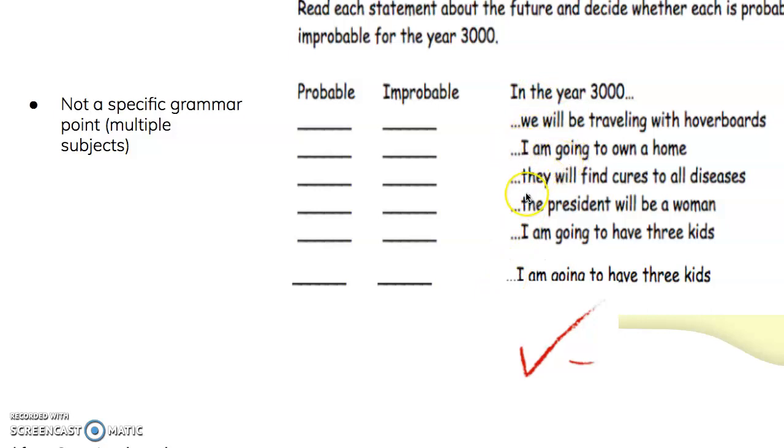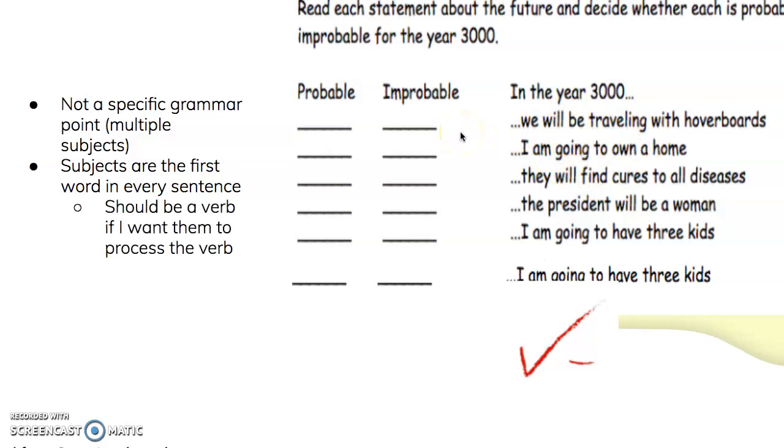Will be, am going. That's a lot to attend to, and that's not really what I want to have going on there. The subjects are also the first word in every single sentence. So remember, they're going to focus on we and then hoverboards, I and home, okay? Then they're going to focus on everything else in the middle, and it's going to get kind of jumbled up. I want that first part to be what they process. So there should be a verb in front of that. There's no extension activity, and it's really simple to come up with an extension activity for this, and I feel like this would be a really great activity to do,